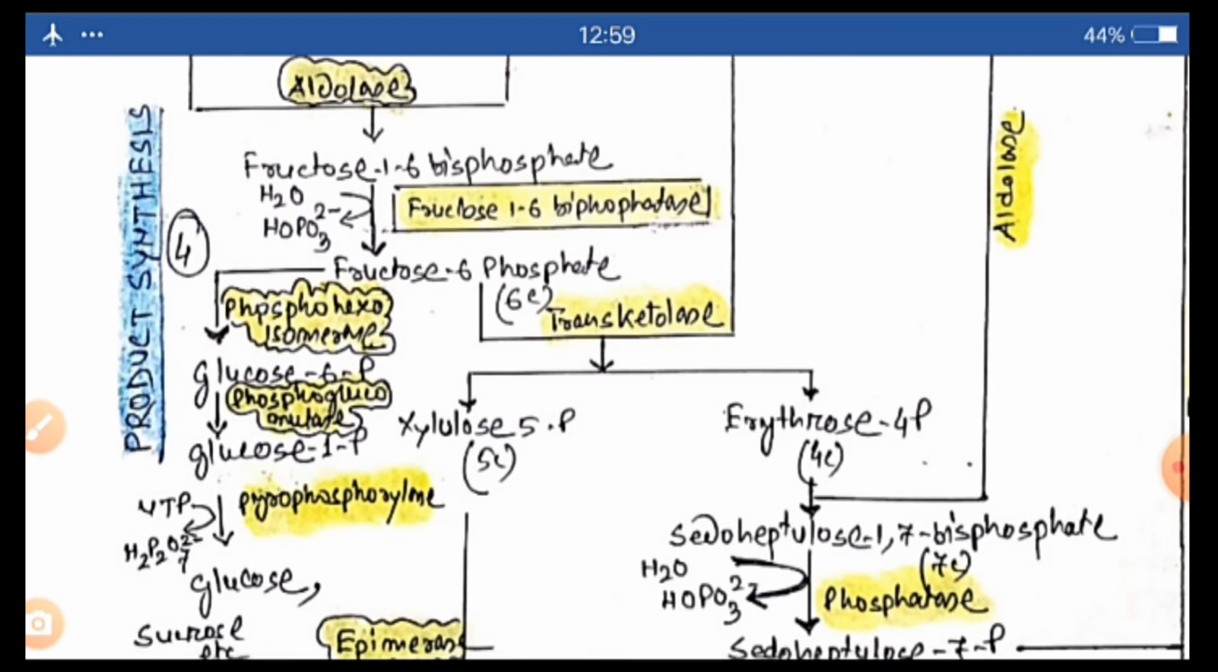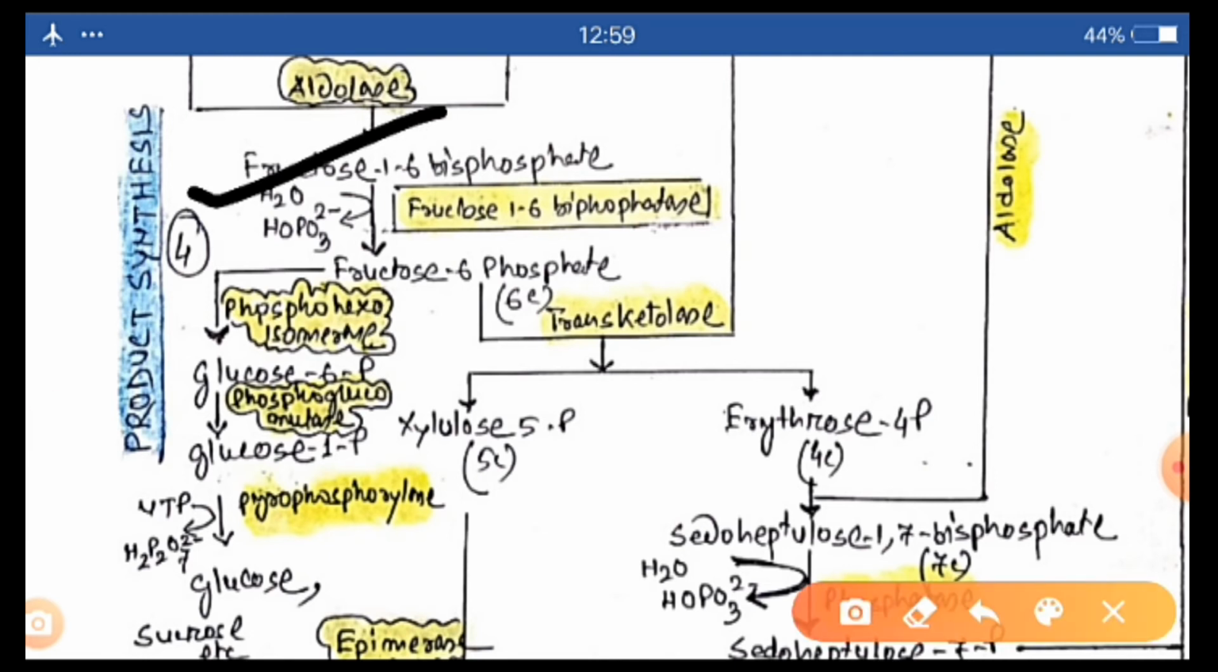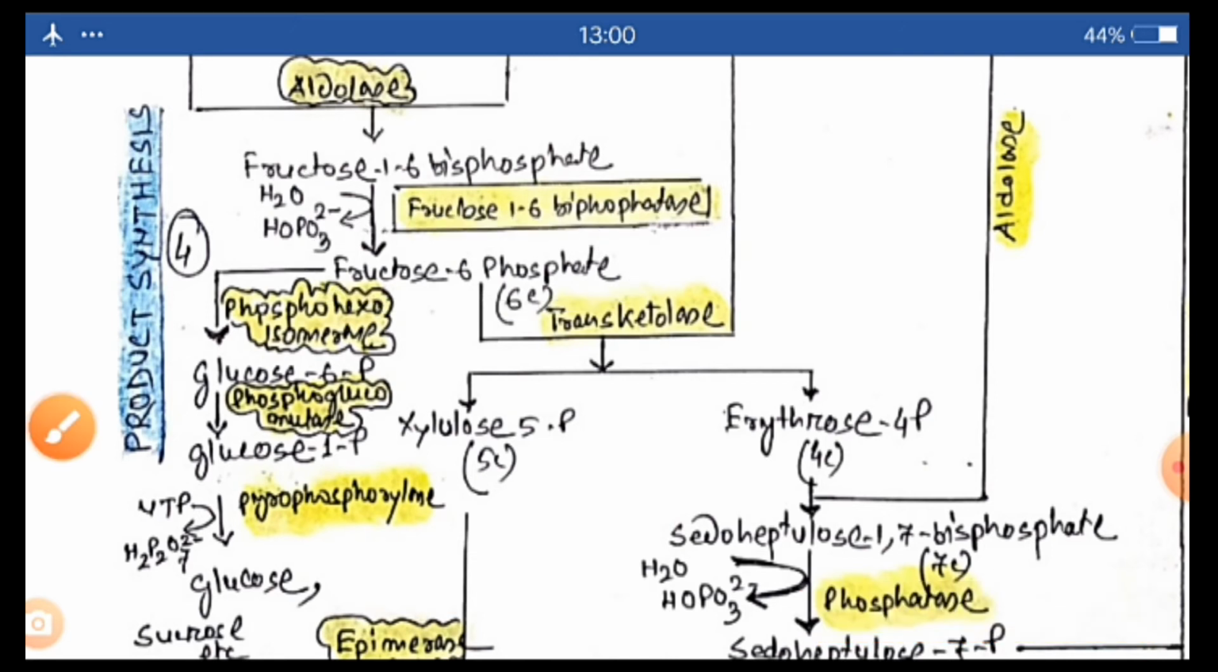Next, fructose 1,6-bisphosphate is converted to fructose 6-phosphate by removing 1 phosphate which was attached to the first carbon, and here the enzyme is fructose 1,6-bisphosphatase and the product is fructose 6-phosphate. Clear? Okay, again I am telling,